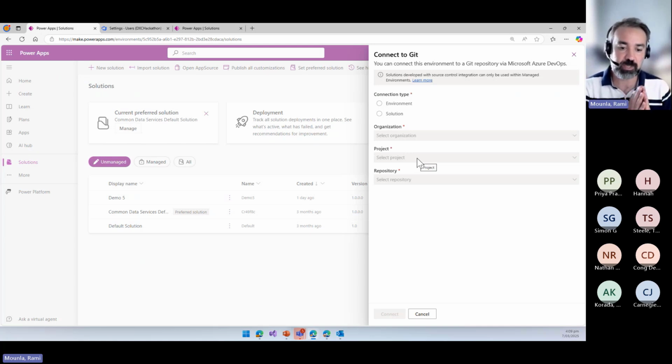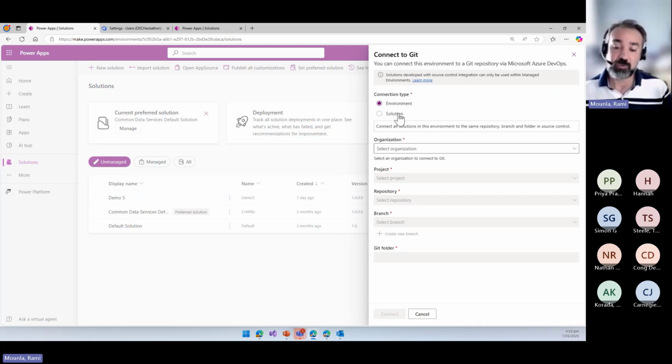So the environment one is where it takes all the solutions that you've got and synchronizes them into one location in the Git environment, right? And that's really good. And I had a feeling that Microsoft preferred this type of integration. The reason for that is because it mirrors the way Dynamics is actually implemented at the database level. So the way Dataverse is set up is that you would see a folder or a table, let's say, with all the solutions, and then you would have a table with a reference to other tables or the schema, for example, the attributes, and so on. And it will be structured exactly the same way that it will be structured in Git